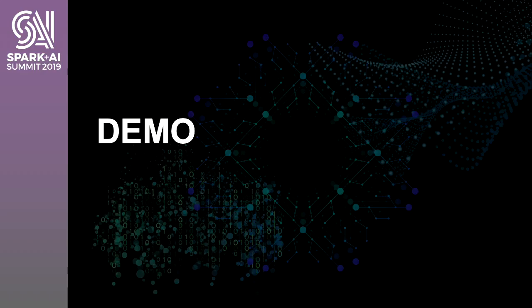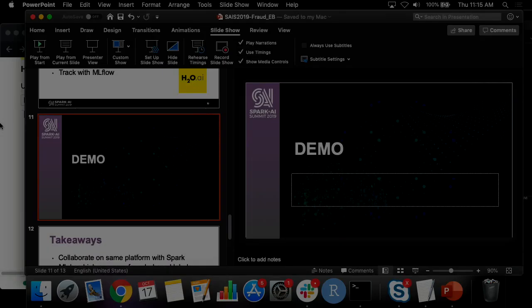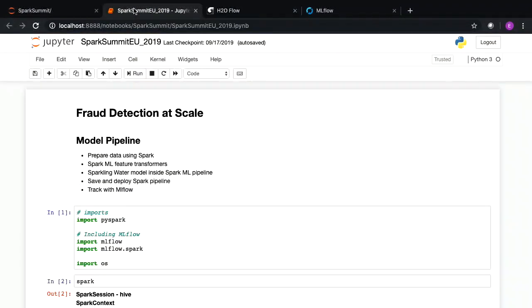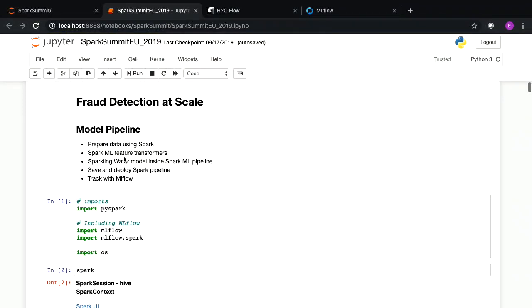Let me show you this demo here. Okay. So here's some code. And I'm running a local instance of Spark. Just wanted to make sure I'm running locally for the demo here. But,